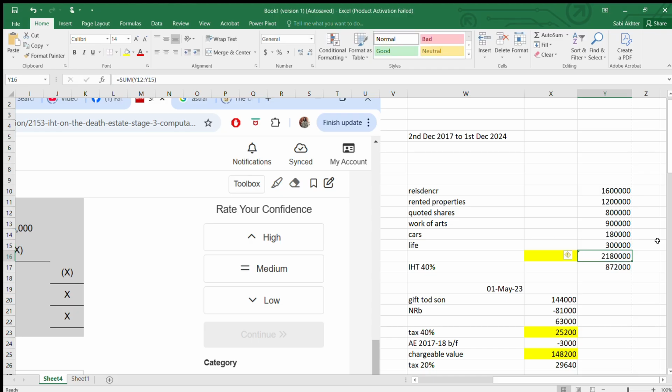Then we have ISA 120,000. Then we have other cash 400,000. Now we are going to take the total of them. The sum function. 5.5 million. Now we are going to deduct